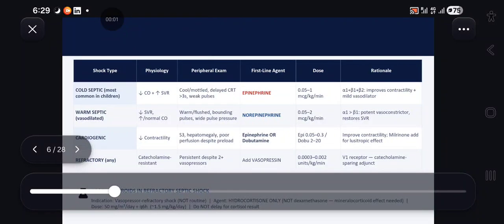Now, after we know in shock management in the previous slides the difference in the fluid resuscitation, and adjusting the dose of fluid, the infusion and the total volume according to patient condition, we will talk about the difference in using the vasopressor. You have to know the two basic principles in shock management, especially in pediatric population,